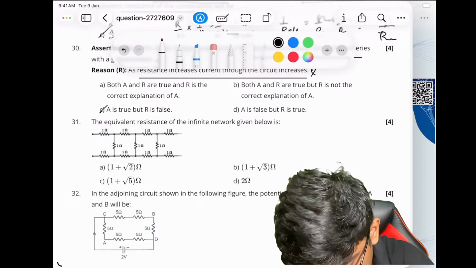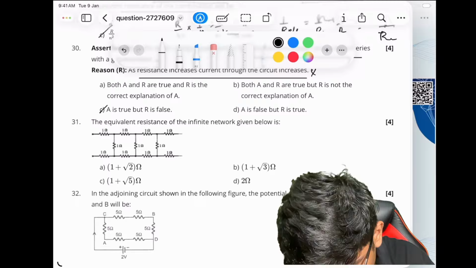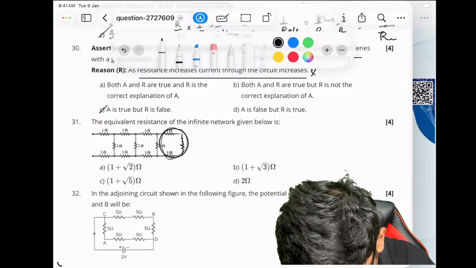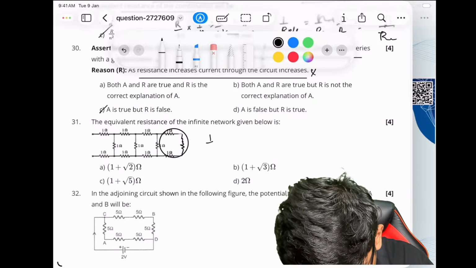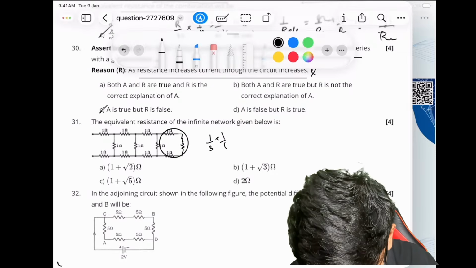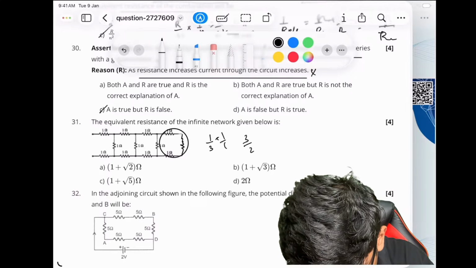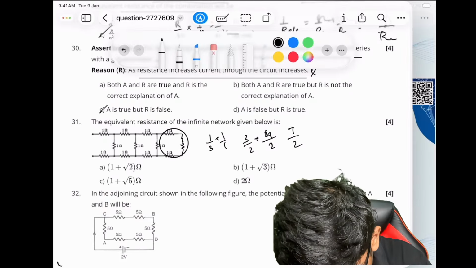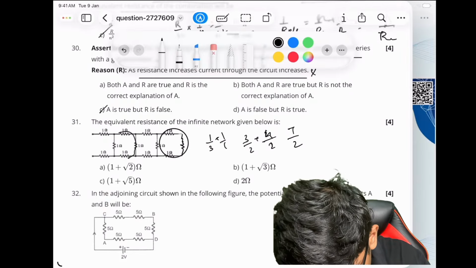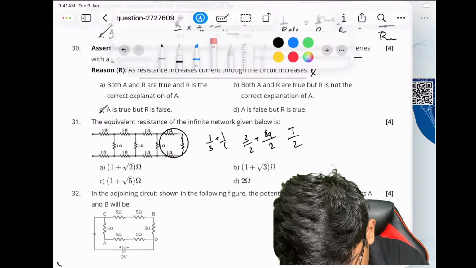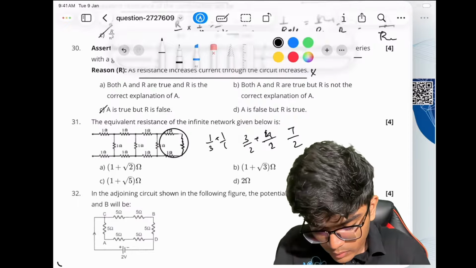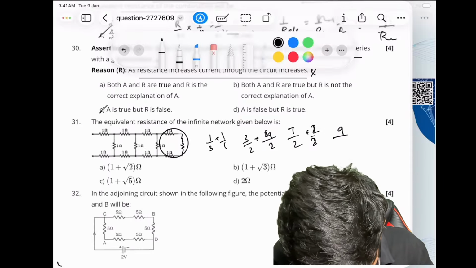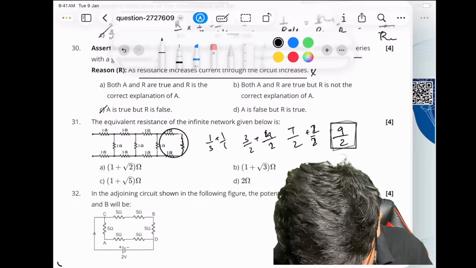Effective resistance of an infinite network. Okay, say there is a network here. If this is 3, this is 3, then it will become 1 by 3 plus 1 by 1, which is nothing but 3 by 2, and then 3 by 2 plus 2, 7 by 2, 7 by 2. 7 by 2 is in parallel with one more 1. 9 by 2. No,